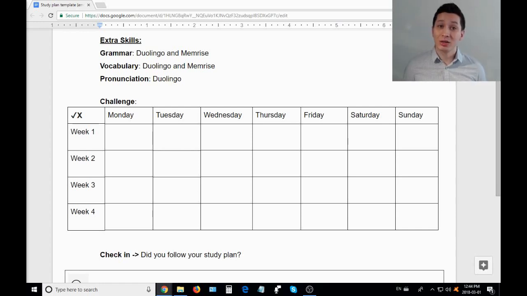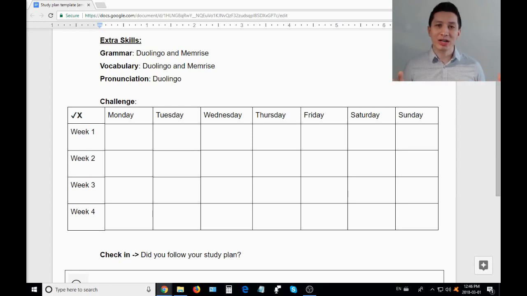The trick here, when you're making your schedule, is to aim for the bare minimum. Think about what's the minimum amount of time you can put on your schedule. Now, this might sound funny because usually schools and teachers tell you to study as much as possible. But with this study plan, we want to create a habit. It's much better to study for 10 minutes every day than it is to study for 4 hours on one day and then forget about it.